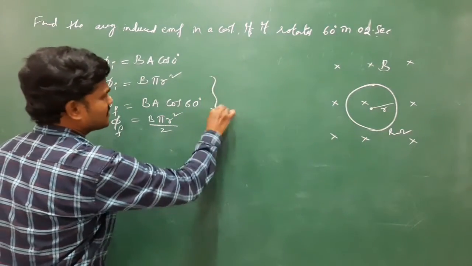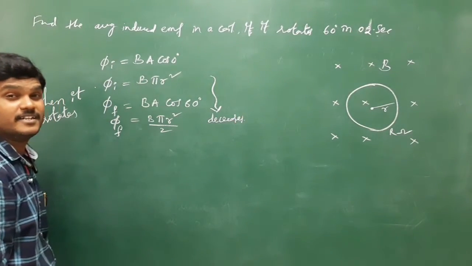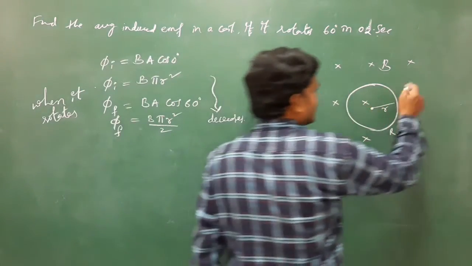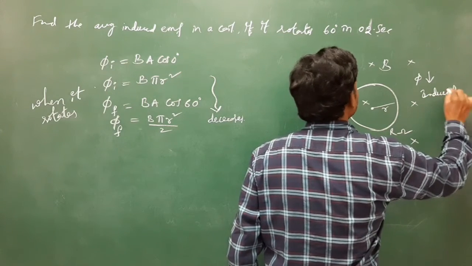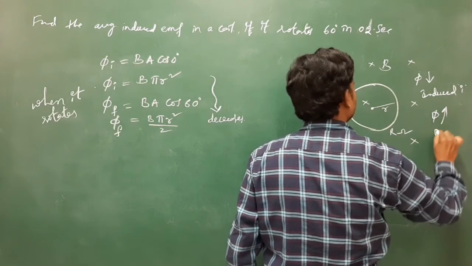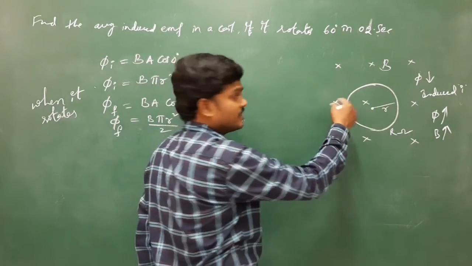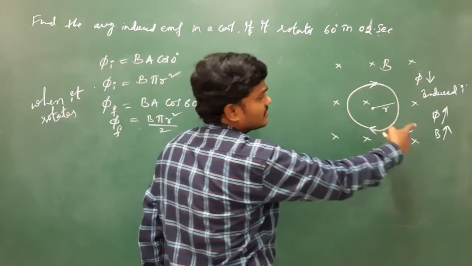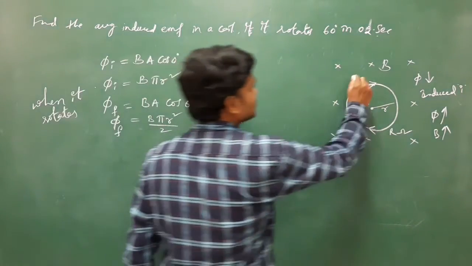That means what? Is the flux decreasing or increasing? Flux decreases. So we can identify the direction of the induced current. This is in a decreasing flux. Flux decreases, then the induced current has to increase this flux, or increase the field. How is it going to increase the field? Already the field is into the board. If you put an arrow mark like this, this also creates some inward field, so the field increases. Now the direction of induced current is clear. The direction of induced current is clockwise.